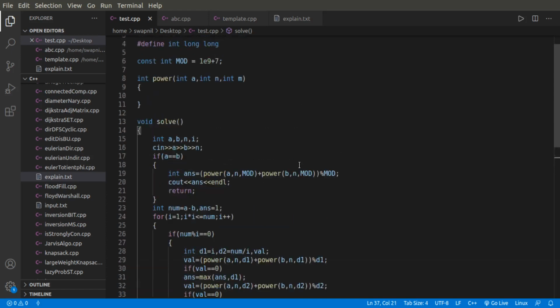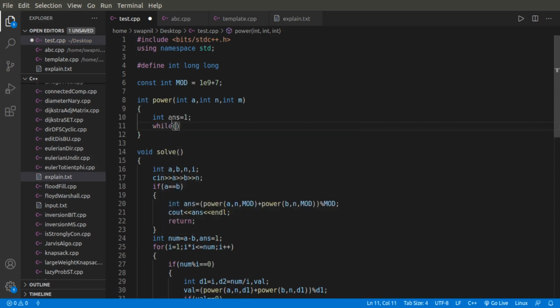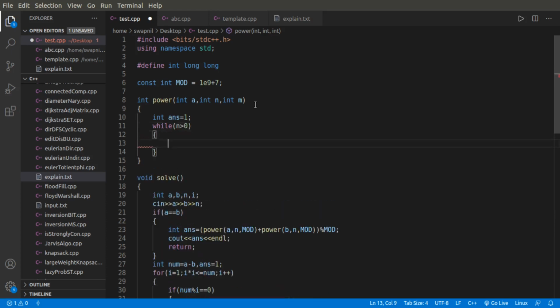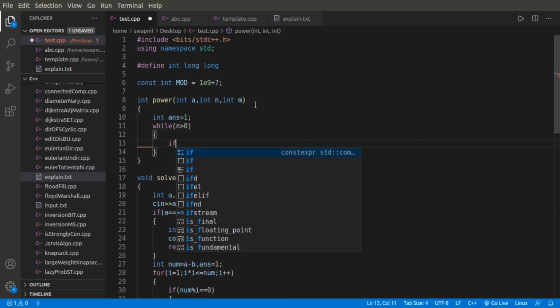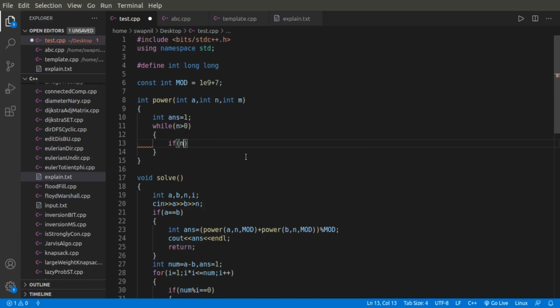And end l. Okay, so now I will just have to calculate this power function by simple fast exponentiation method or binary exponentiation method. I guess you must be knowing this one. It's nothing but dividing by two, basically we are just breaking those bigger terms into some smaller ones. You can check it out in any YouTube tutorial, or if you're having any problem with this one, then you can just post in the comment. I will explain it to you in detail, this binary exponentiation part.